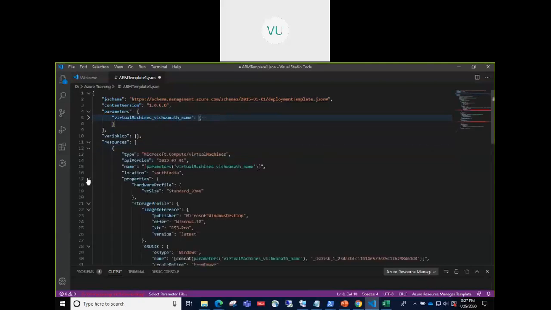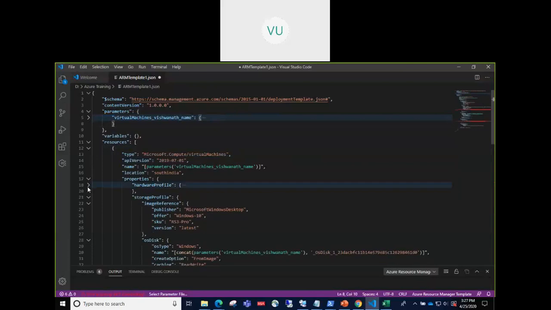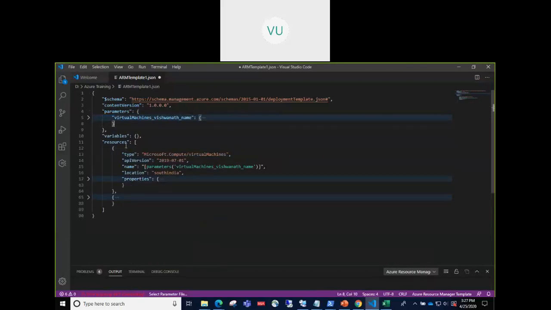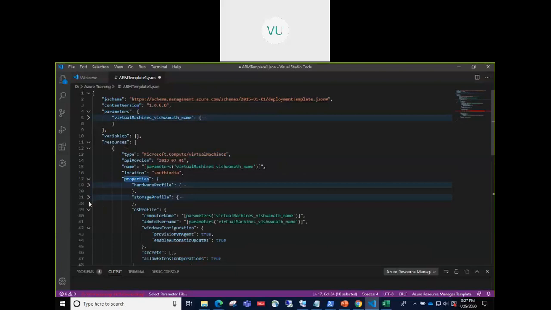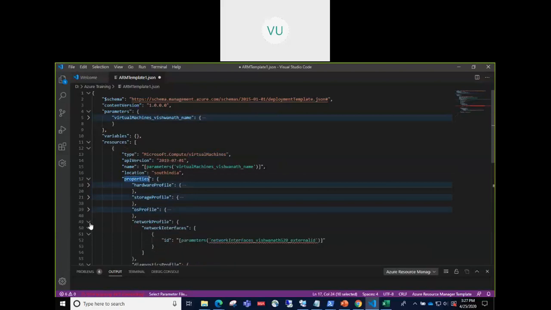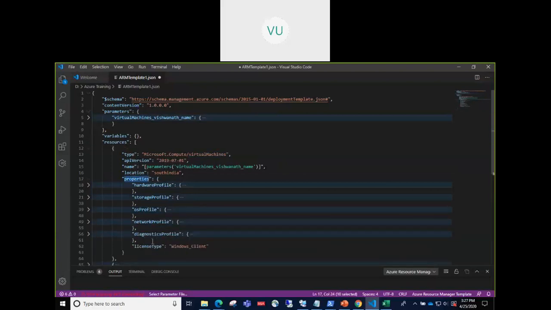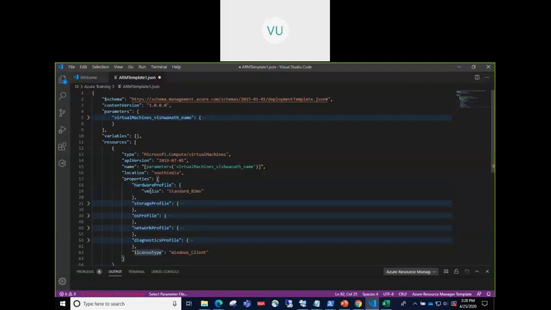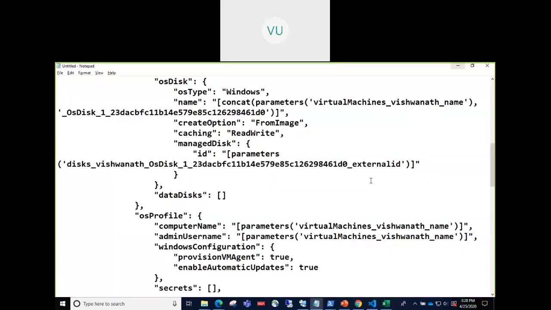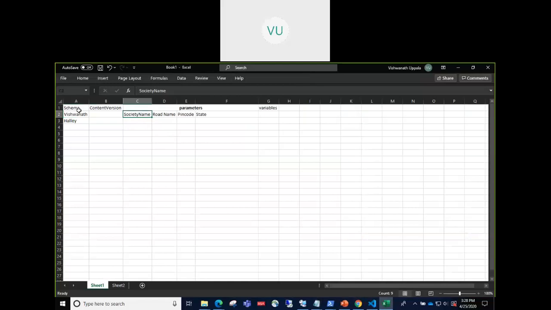Okay, parameters, resources, if you dig deeper here. Okay, so resources at the high level, you have virtual machines, version, name, location. Now properties is again a complex object, so if you expand, you will have different properties there like this. So you have this many properties. The values of these properties are again some complex thing. So it has again VM size. This is how JSON is structured, right? So it's a similar representation.